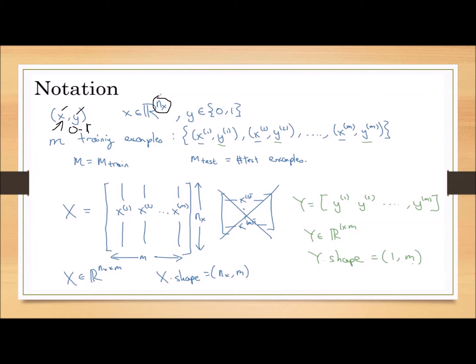So this n is how many rectangular boxes there are in total after adding R, G and B, and we are unrolling all the values into a single column, which is given by n. In the previous example, this n value is 12,288. So if we give 100 examples, 100 images,